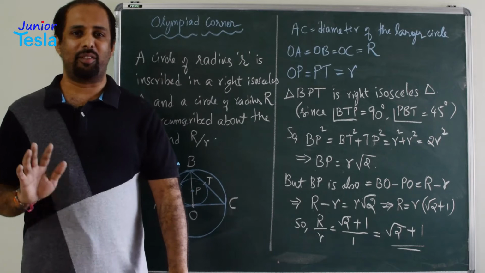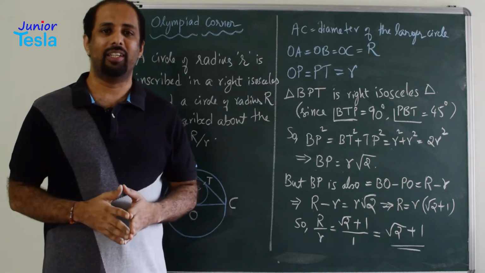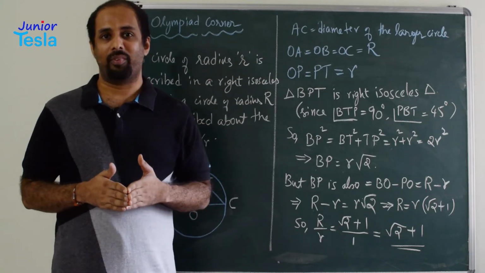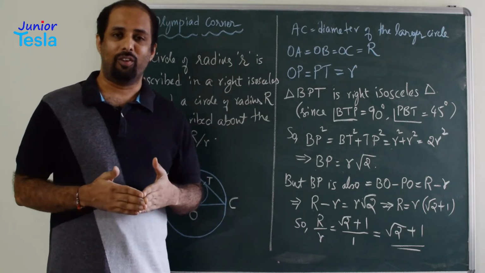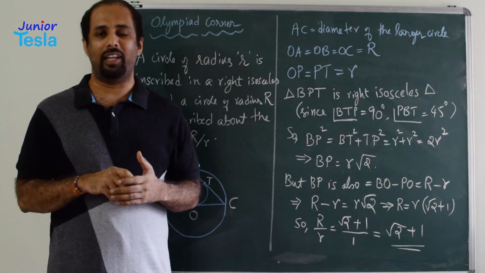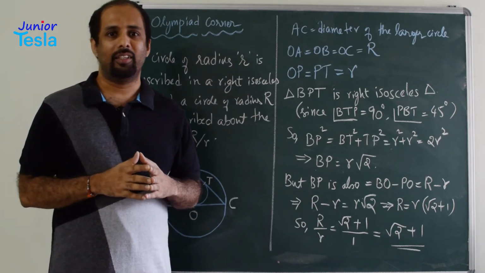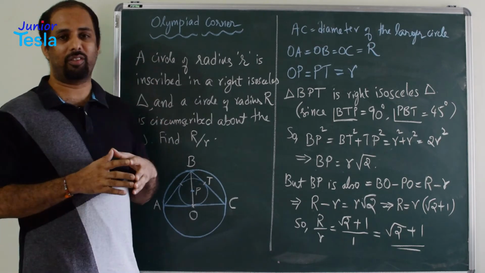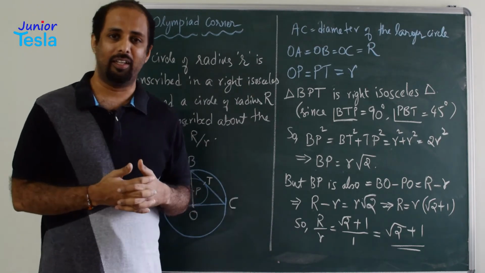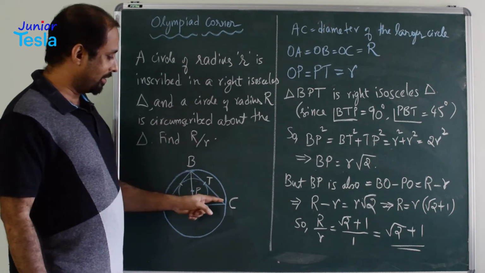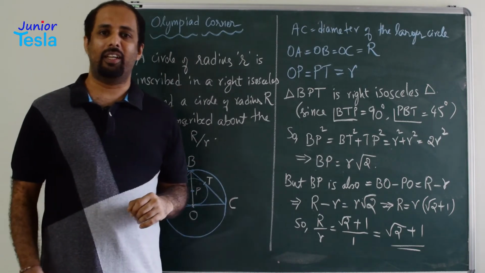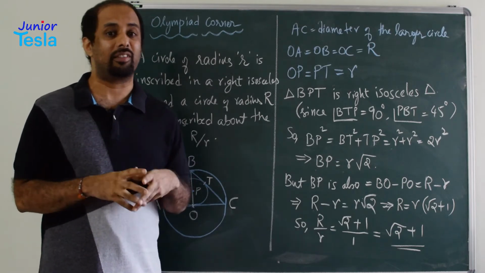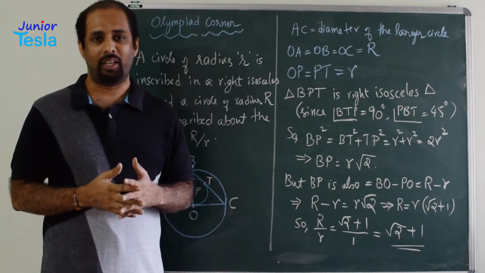A very clear statement, there is no ambiguity at all, right? There is a triangle, and the triangle is a right isosceles triangle, and then we have two circles. One is drawn outside the triangle and another is drawn inside the triangle. The circle that is drawn outside or circumscribed about the triangle is passing through three vertices of the triangle, right? Then if the circle is drawn inside the triangle, that means it is touching all the three sides of the triangle. That is what it means.